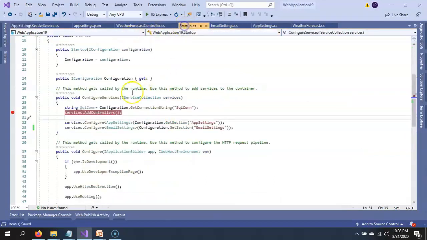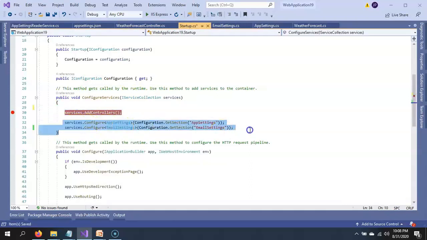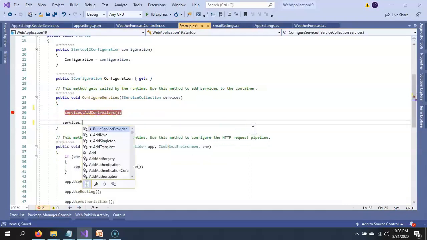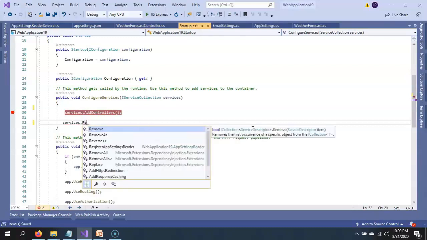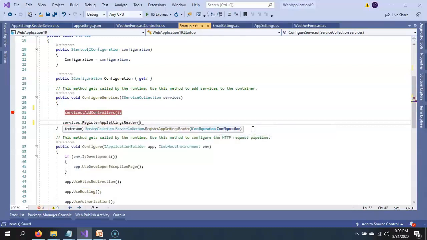And then in the startup.cs file, we remove this code and just add our extension. We call our extension method here and pass the configuration. Okay.